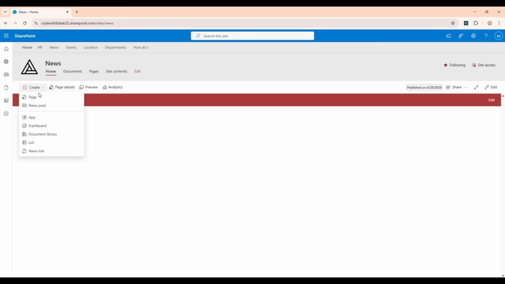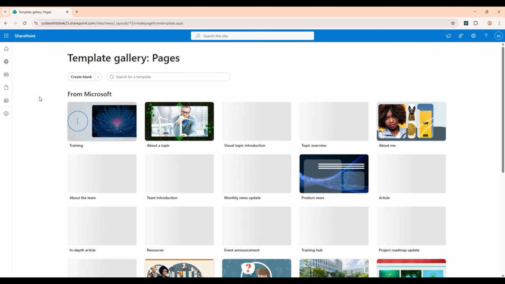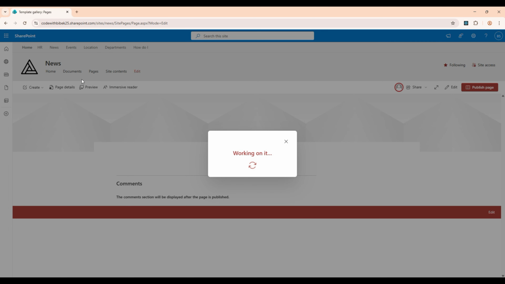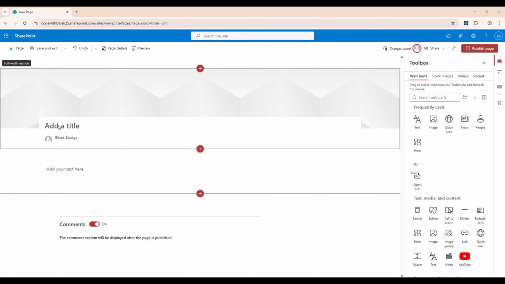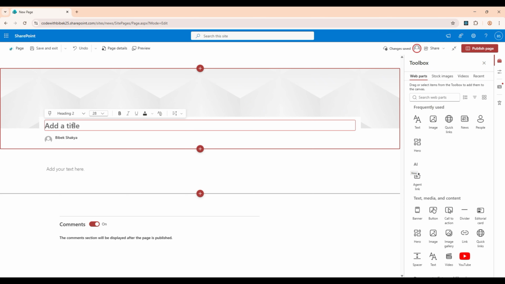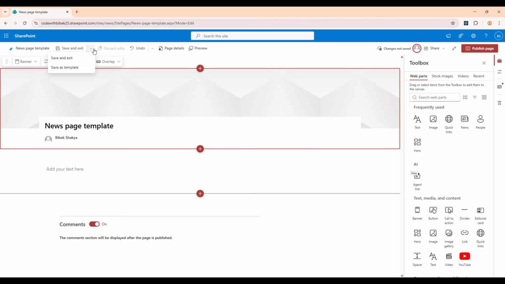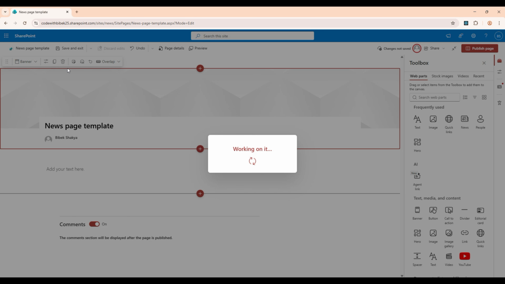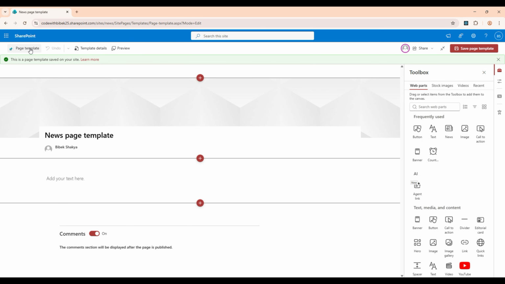Click Create Page, create blank, add the title, click the icon, Save as Template, add page template name,